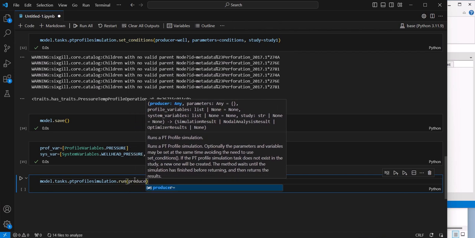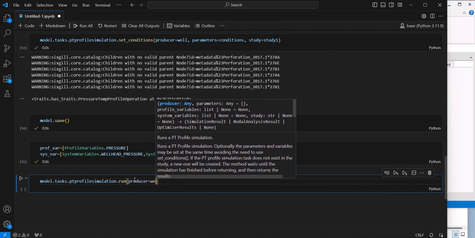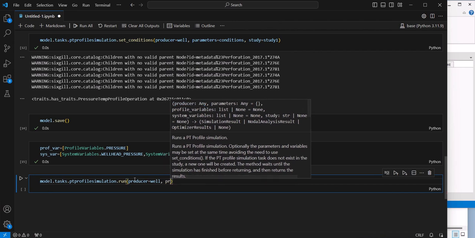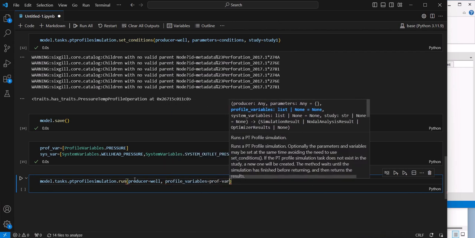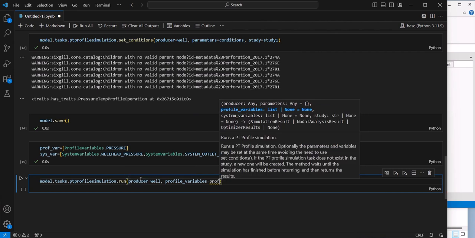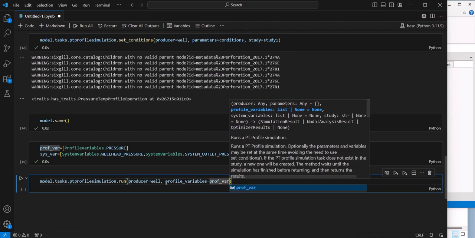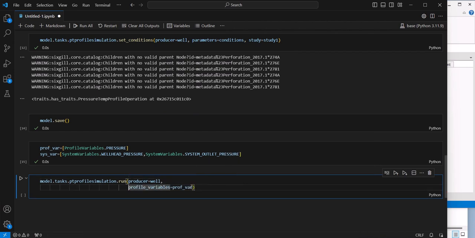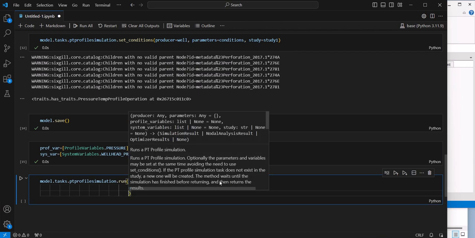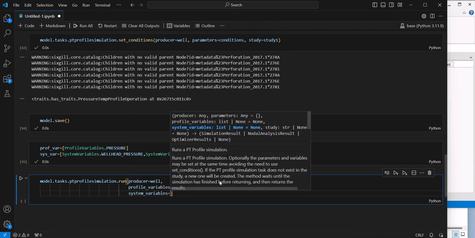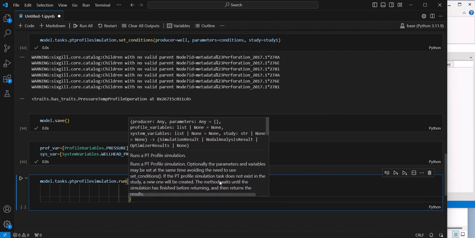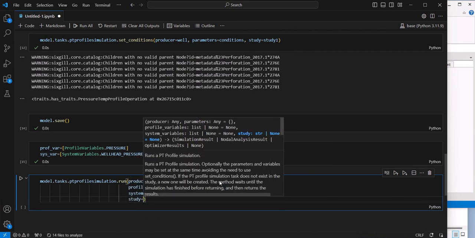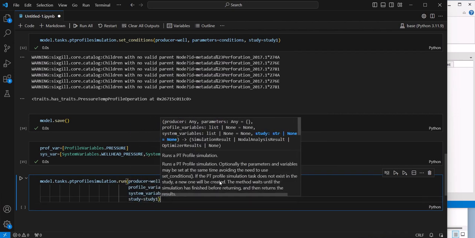So, producer, well, profile variables, prof var. Okay, it should be this way, and let me just move it to another line, prof var, and then we have the system variables, sys var, and then I'm going to use the study explicitly, study1, and